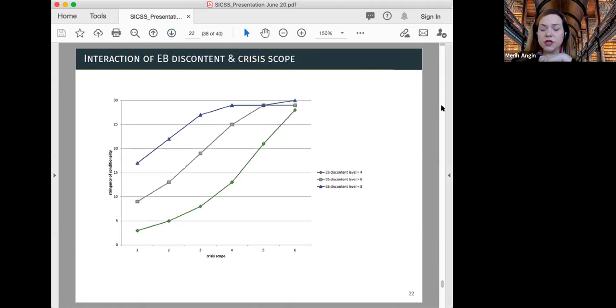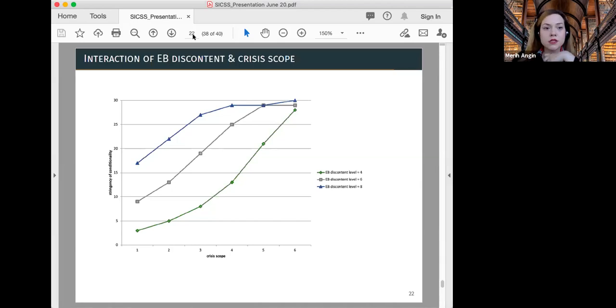But in the third set of simulations, demonstrating the interaction of the executive board discontent and crisis scope, we see the crisis scope having its biggest effect on stringency of conditionality when the executive board discontent level is lowest. This is an indication that at high levels of executive board discontent with previous programs, the government does not really exhibit much leverage over the design of programs, even when it has high authority over the bureaucrats in the negotiations. With increased executive board discontent, a high level of stringency is reached quickly, even when the crisis